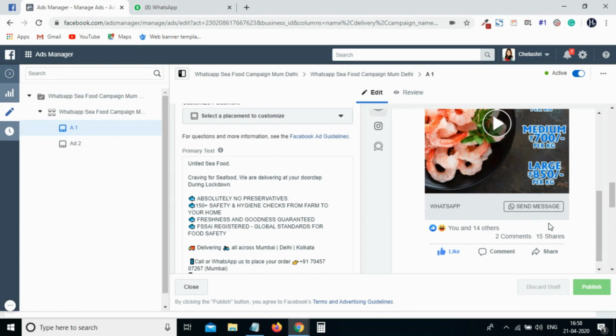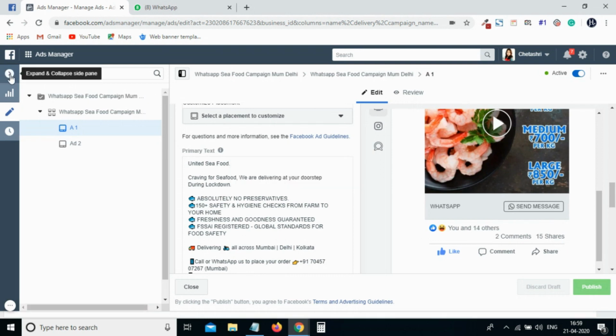So we are generating leads from the engagement campaign also. There is no need for a lead generation campaign, because if I run the lead generation campaign, it will cost a huge amount to me. I don't want to spend that much. I want lead generation with a good business in a minimum amount. So I have made this strategy, that with the engagement campaign I'll go with this, and yes, it's really working pretty good. So I'm going to show you right now what the results of this campaign are.